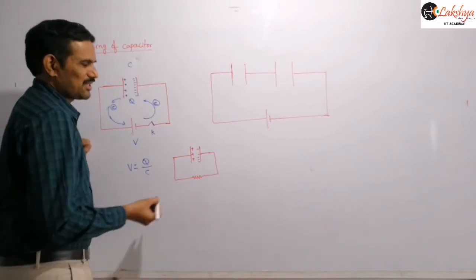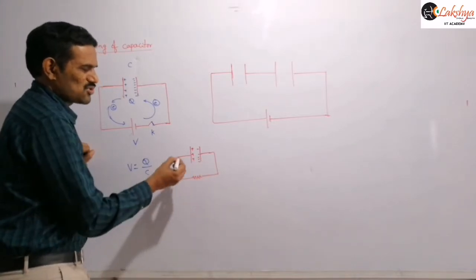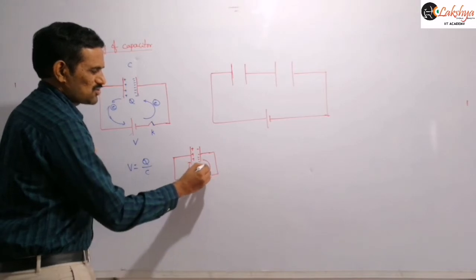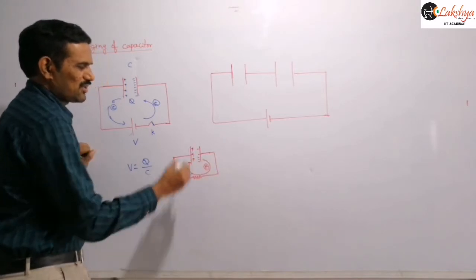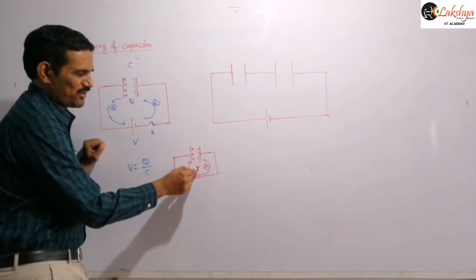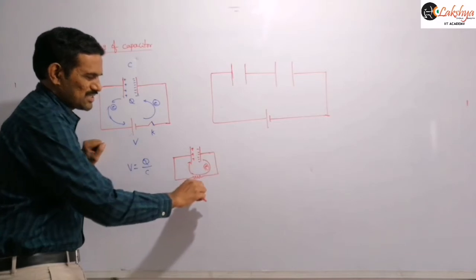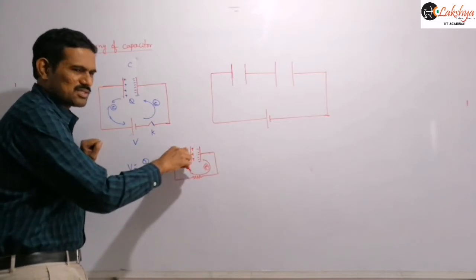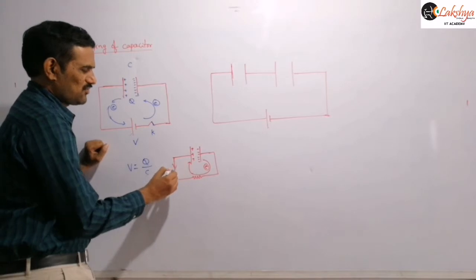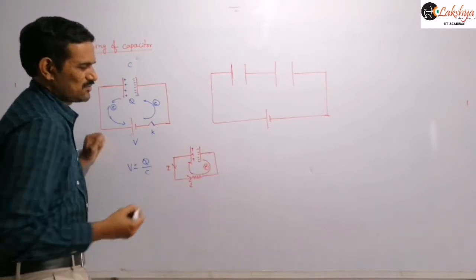Practically, our charge carriers are electrons, so electrons will flow from low potential to high potential. Electrons will flow from this negatively charged plate to the positively charged plate, because this plate has an excess number of electrons and this plate has a deficiency of electrons. Those excess electrons will flow like this to compensate for the deficiency. And since electrons are flowing like this, we say current is flowing in this resistance like this, right?